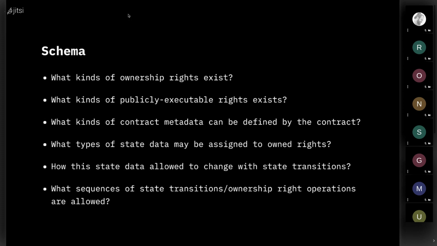For instance, you can create very advanced forms. First of all, with a schema, you define which types of rights exist. You can say that there is an inflation right, there is a token ownership right, there is a right to burn the token, there is a right to rename the token, and you can assign all these rights to different entities. And then with the schema, you define